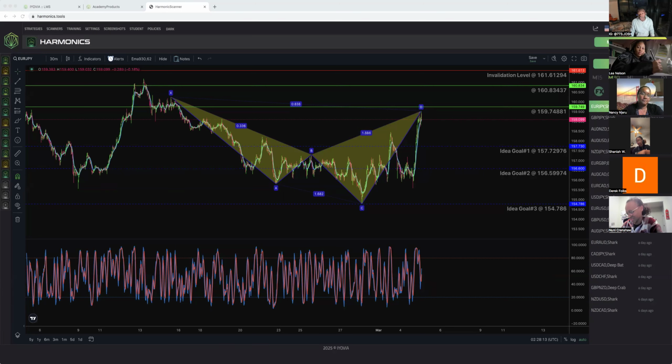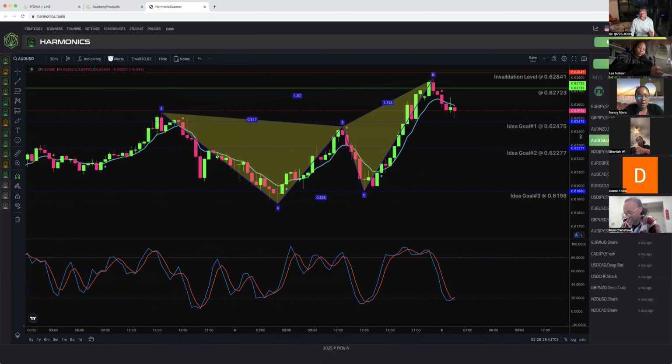So I don't care that the shark was called out an hour ago for Euro JPY or GBP JPY. That's cool. I'm going to look for what I want. So we're going to skip over all three of these sharks and go on to the AUD USD butterfly. This was called out 3 hours ago. So now that's step one, M30. Step two, find the most recent trade idea with the correct pattern.